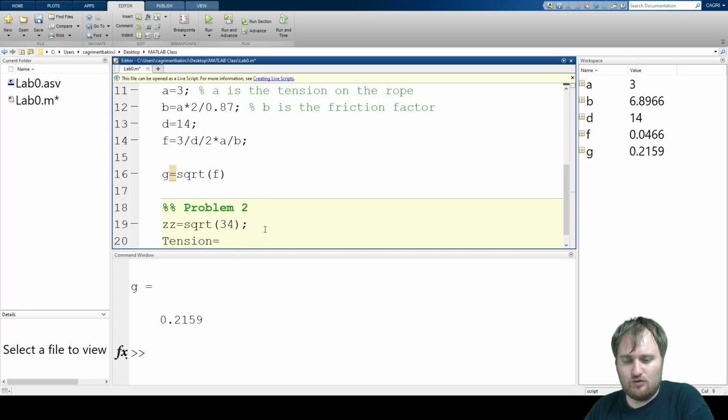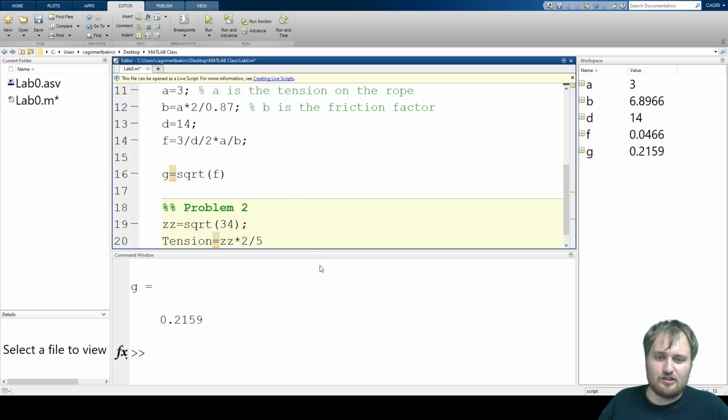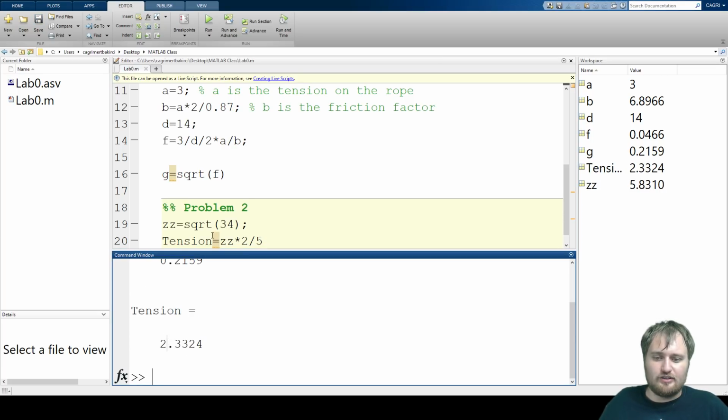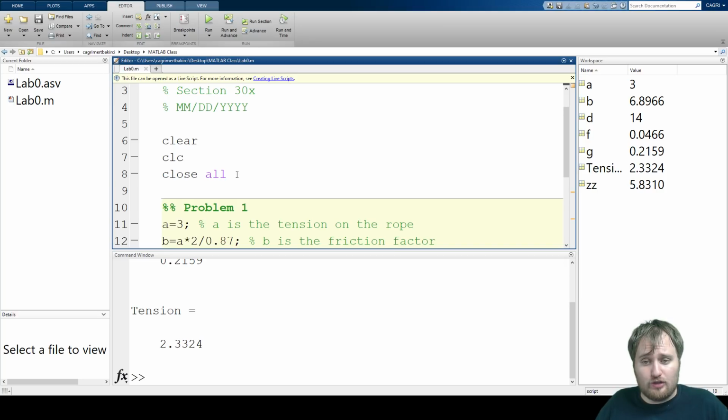Tension equals ZZ times 2 divided by 5. And then you can run this section. And we don't use, see, it calculated tension. So we don't use